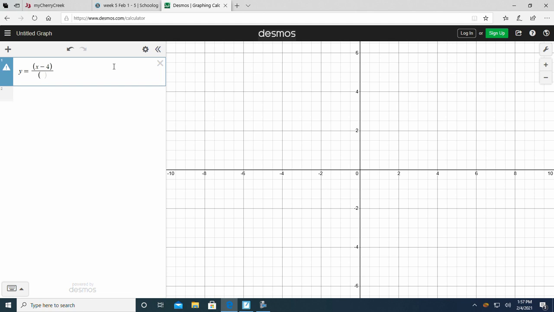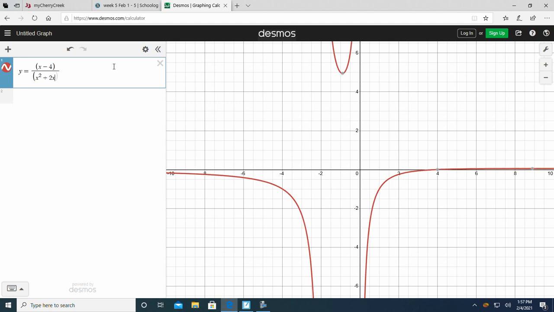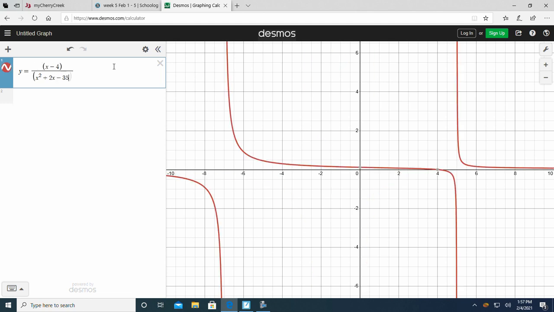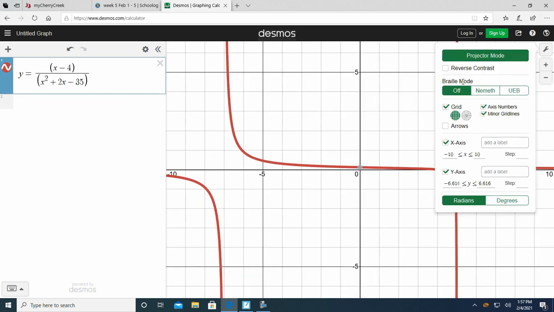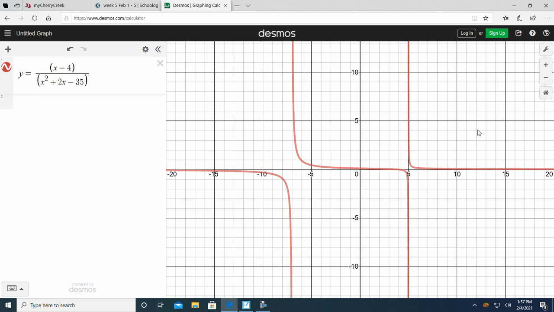And then on bottom, I can put this in parentheses as well. Okay, so we want to know that you're seeing all the action of your graph. Okay, yeah, I could zoom out a whole bunch, but there's only so much that's going to take place